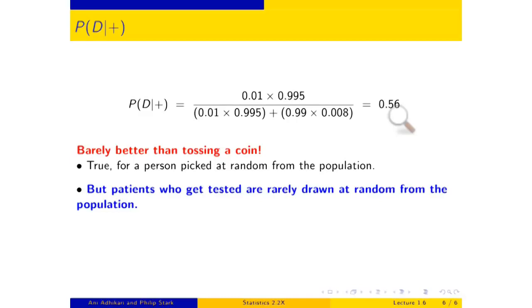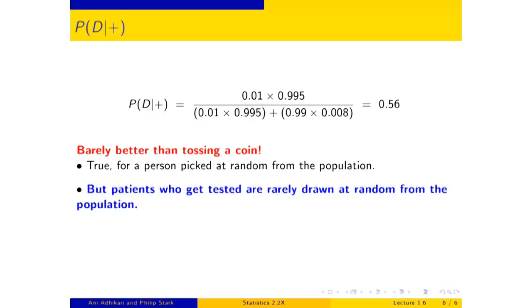And that immediately makes them not randomly picked from the population. And so this 1% was the 1% of the people who had the disease, and for a randomly picked person,